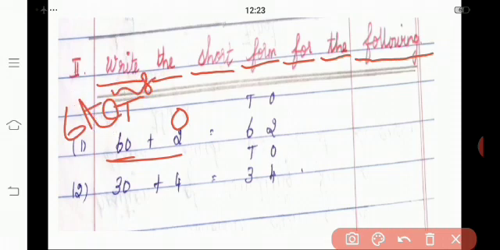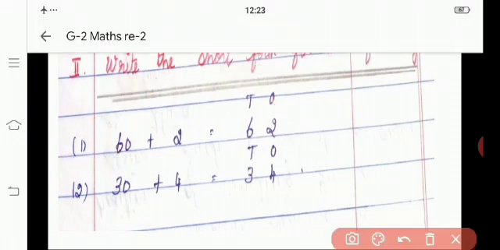So we can write the ones, tens. Here how many ones are here, children? On the ones place there is 2. So we take the number 2 and write it in the ones column. On the tens place there is 60 or 6 tens. Both are the same thing, you know. So take 6 and write it in the tens column. Do you understand, children? Look at the next example.